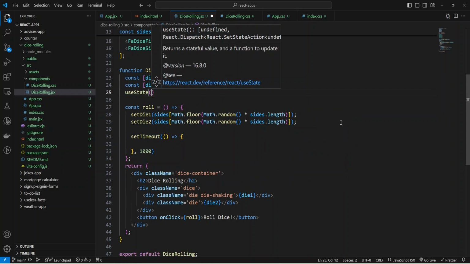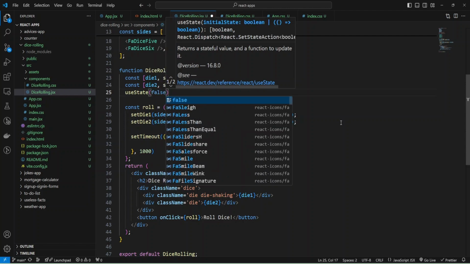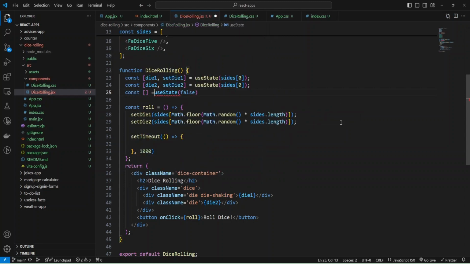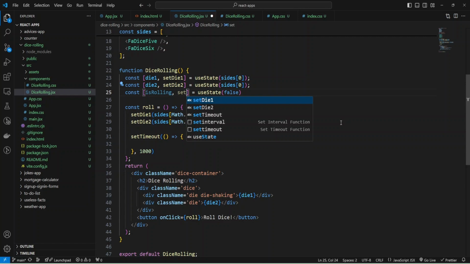You can add any timeout that you want, and we need another state variable, and for that state variable I'm going to use is rolling. So when we press the button, then we will start rolling. Initially it will be false, and create our variable is rolling, and make the function to change it, set is rolling.